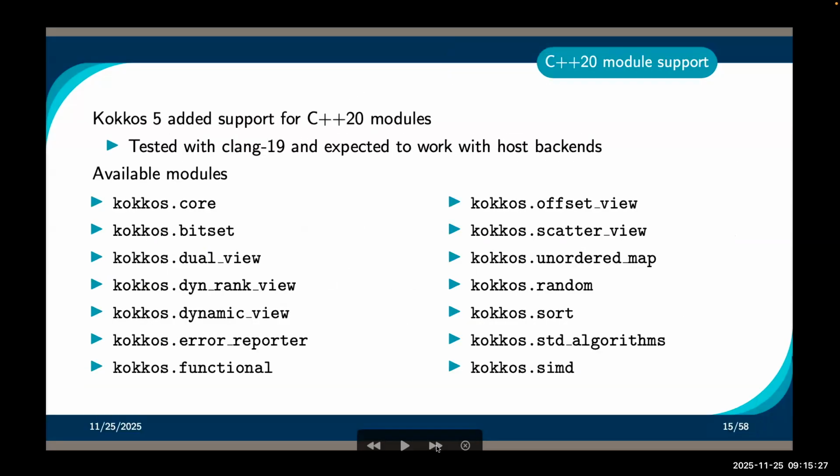All right. Also, with the 5.0 release, we now support C++20 modules. These were primarily tested with Clang and expected to work with host backends. We've separated our code into modules that more or less mirror our header files. So Kokkos.core is going to be one module, and then a lot of the containers are going to be split into separate modules. You see all of the bits set through